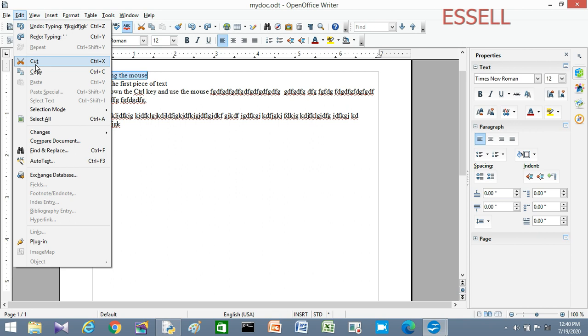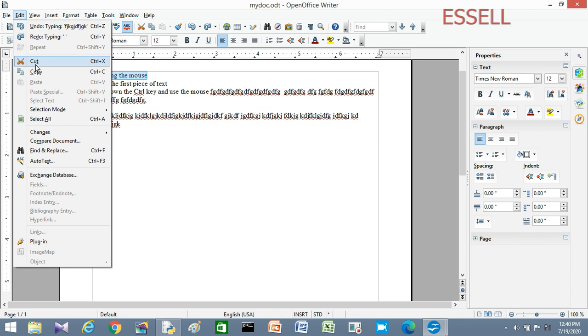And you should study the keyboard shortcuts also. For cut, Control X; for copying, Control C; and for paste, Control V. Therefore, these are the keyboard shortcuts.